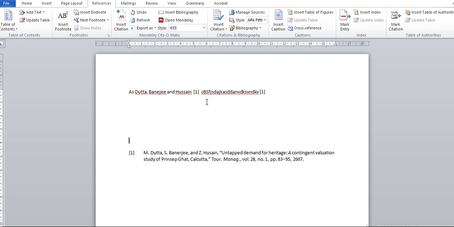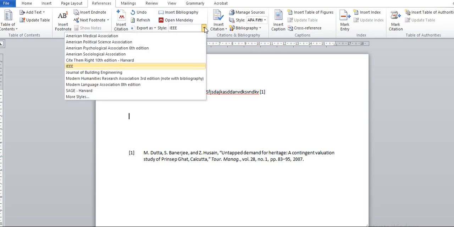If I do IEEE, now look at this. IEEE doesn't believe in giving the author. So in IEEE, if you want to say this, it's fine, but when you do a direct quotation and just give it in bracket, it will just give a number. So you don't know this is directly said by whom. In that case, you will have to use this format, and then you will have to go back to the reference list and see what is one. So each style has its advantages and disadvantages. APA for a bachelor's dissertation is a good style.